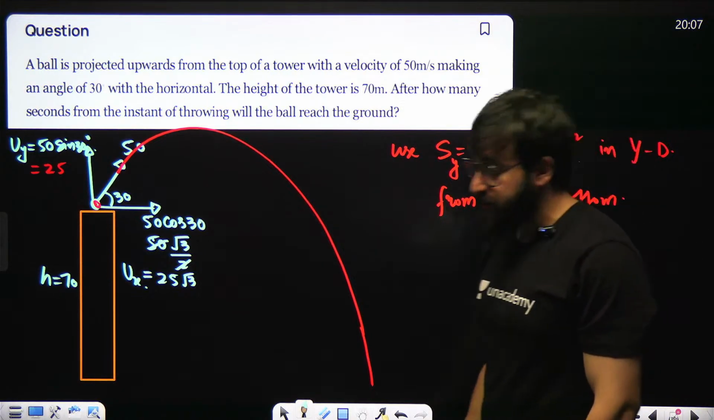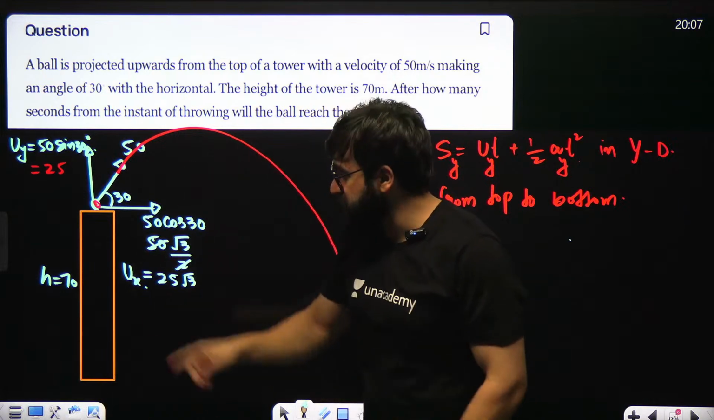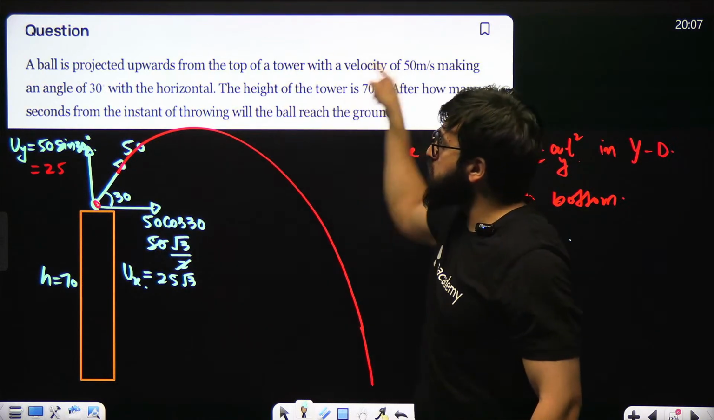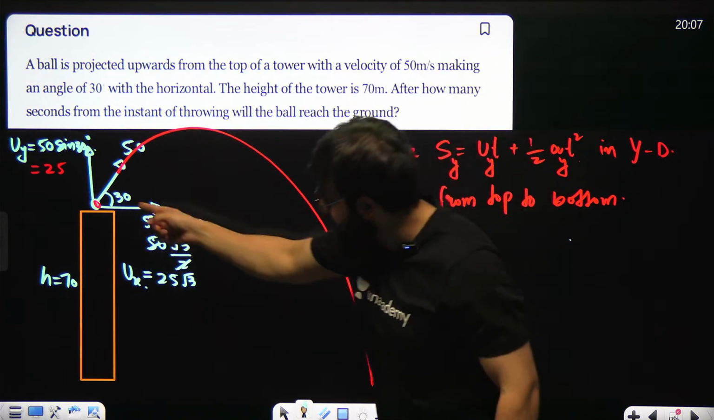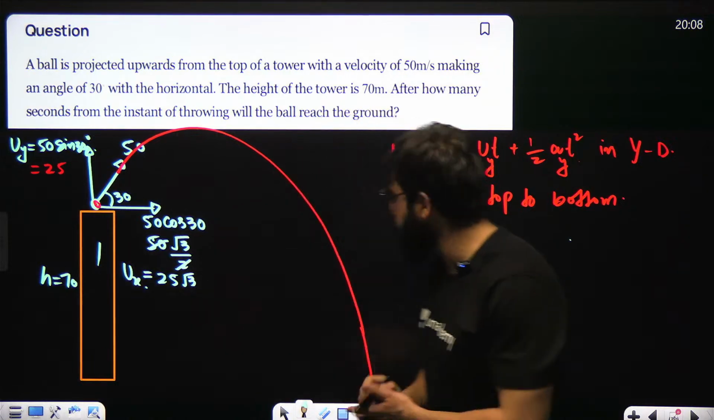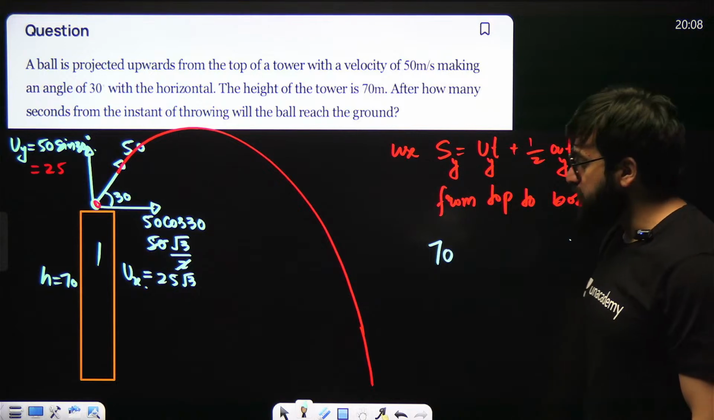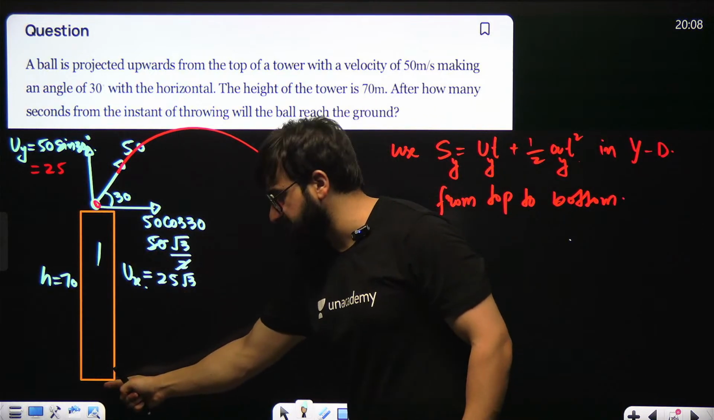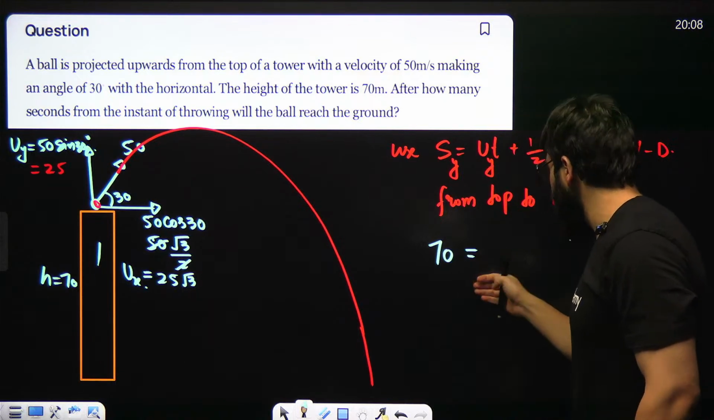I say this is sy. What is the value of sy over here? Sy means, sir, how much is the displacement in the y direction? If you are throwing the particle over here, whatever distance it covers, we don't have to focus on that. We have to see how much displacement it will make in the y direction. That is only 70 meters. So displacement in the y direction is only 70 because it is between the initial point and the final point. The final point is the ground. The initial point is this. So it is equal to